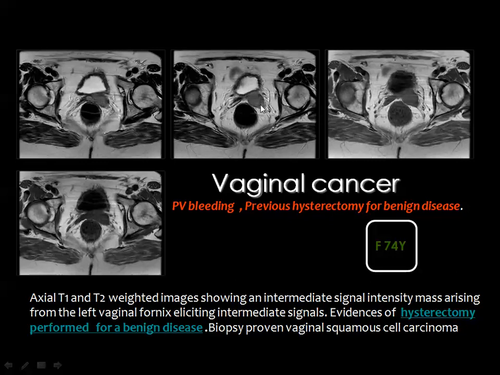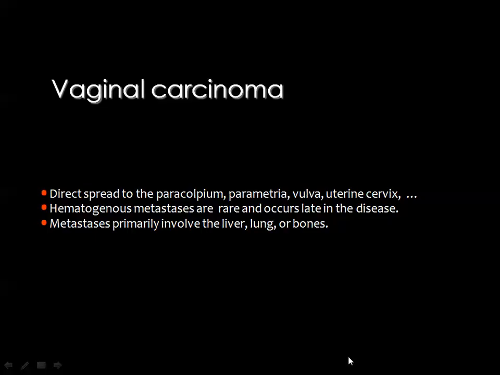In the T2 weighted image, you see an intermediate signal lesion, and also in the T1, if you inject contrast, the lesion will show some enhancement. And vaginal carcinoma usually spreads directly to the adjacent pelvic structures or proximally to the uterine cervix, distally to the vulva, and they also may spread by the hematogenous route, giving metastases somewhere in the body, and this is rare, and they may affect the liver, the lung,